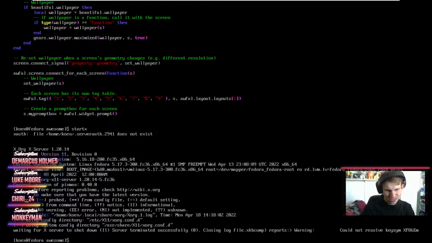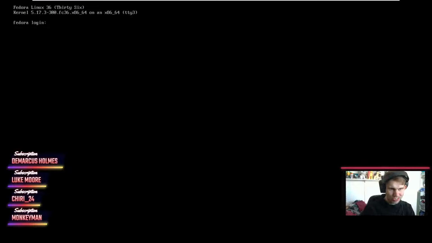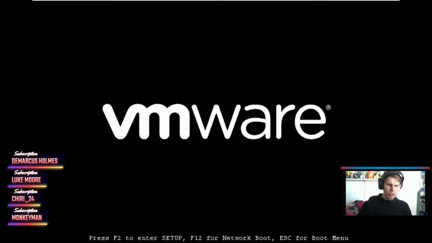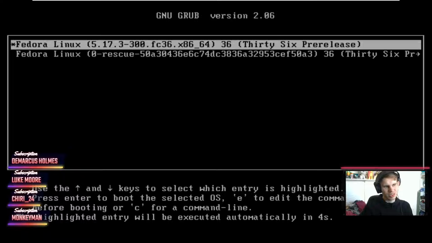Okay, so let's see what happens when I do that. Yeah, that doesn't really work much. Can I at the very least do exit? Yeah, I can do that, but it doesn't really work very well. Okay, what we do is reboot. And hope that we actually get a functioning setup again.